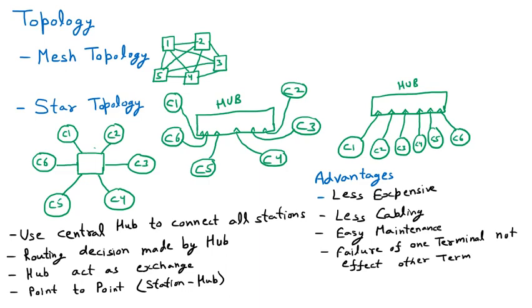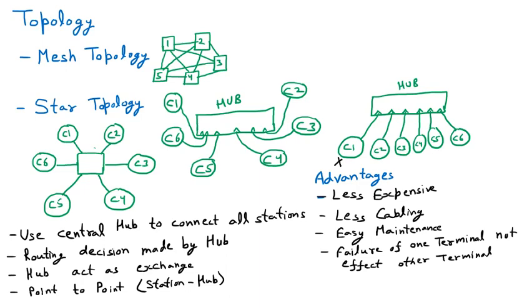Now remember one thing, here I am talking about the computer. Let us suppose that the C1 computer is not working, then there is no problem in the communication because C2, C3, C4, C5 and C6, all computers are still working with the help of the hub. So the network will not break. So these are the advantages.